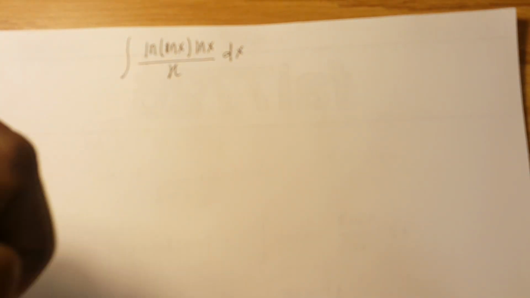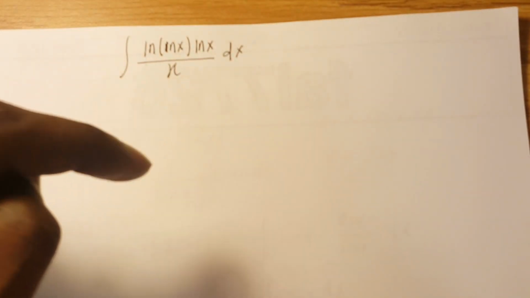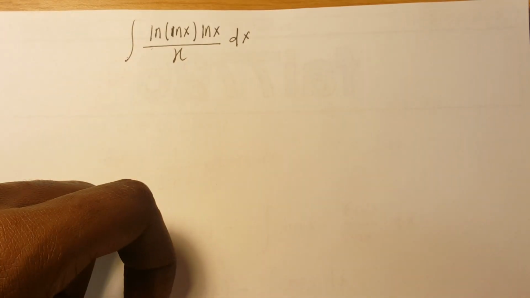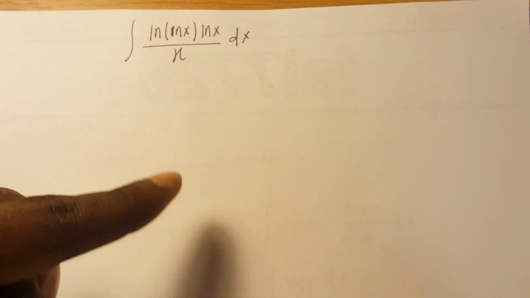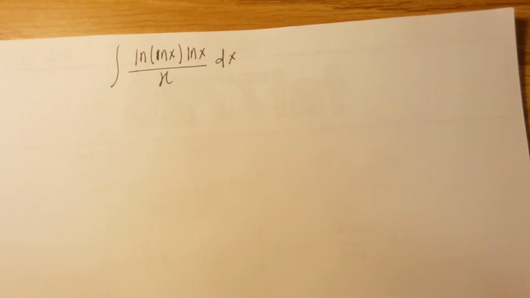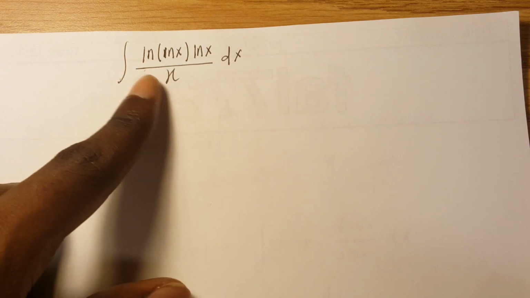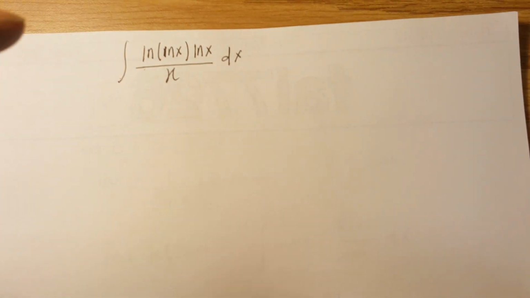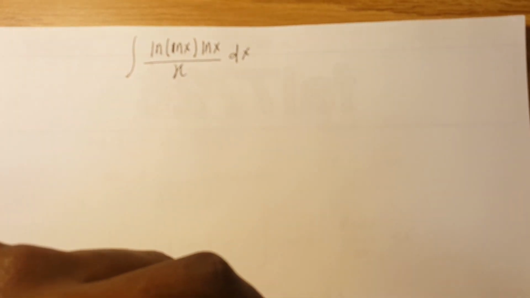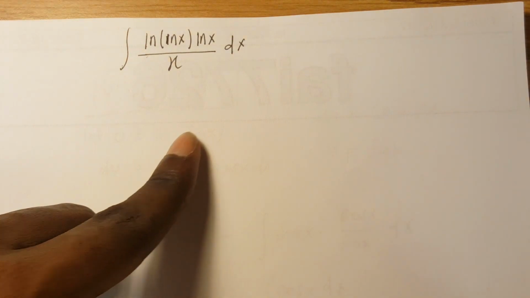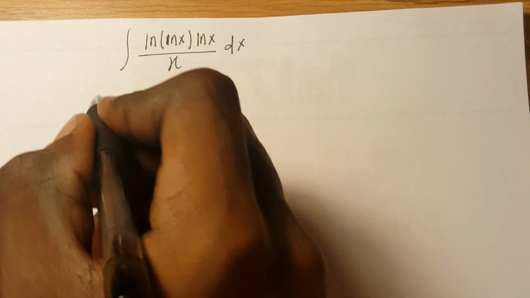No. But if we substitute for natural log x and we differentiate, we can actually see that we have the differential of natural log x, which is 1 over x, in the problem right here. So if you don't see it, you might use different methods and it's not going to work. But the moment you see it, you see that it's going to work. So if you don't see it, let me rewrite it again so you see it. This problem right here can be rewritten as